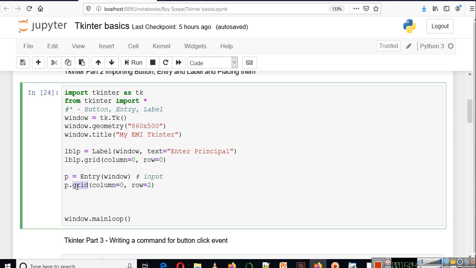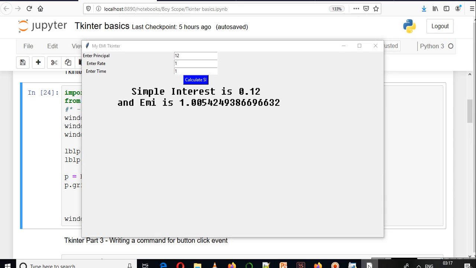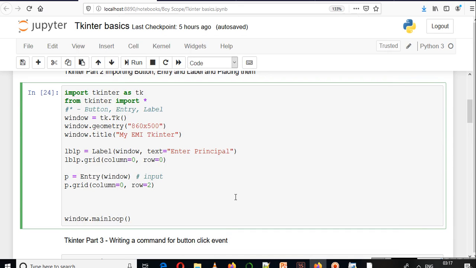The entry P will be placed at column number 1 and row number 0, just after our label, in the same row.